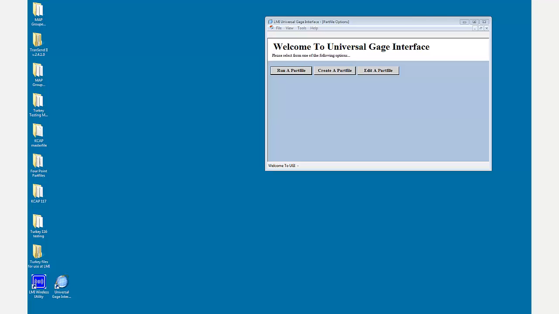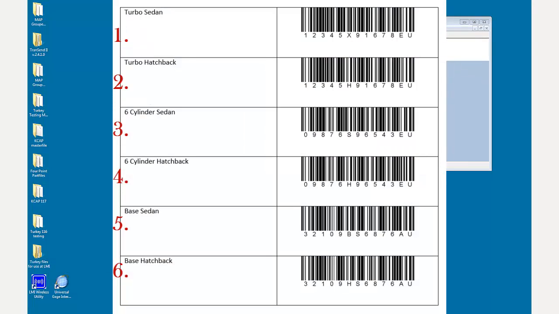In order to do this, we first need a list of models with identifiers particular to each model of vehicle. In this example, I have 6 different models. Each model has a 13-digit VIN that contains 3 digits that will be used as model identifiers. For example, my turbocharged sedan model has the identifier of X91. The 6-cylinder sedan has a model identifier of S96, and so on. These model identifiers are what UGI will use to open up the corresponding part file when the VIN is scanned